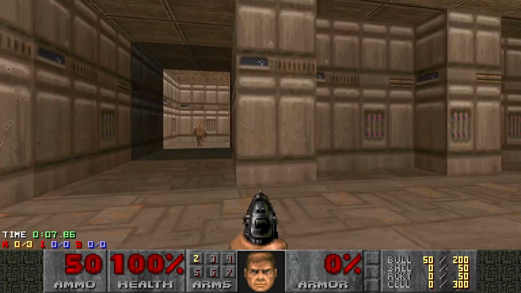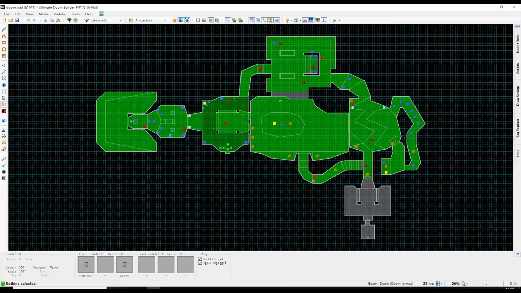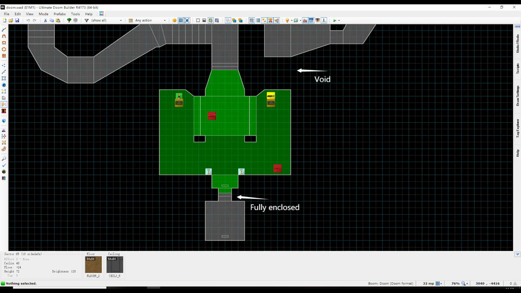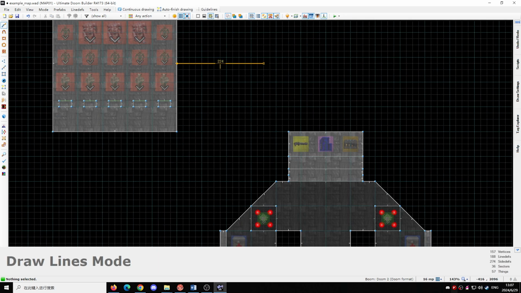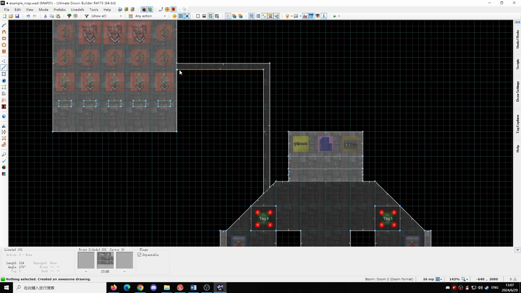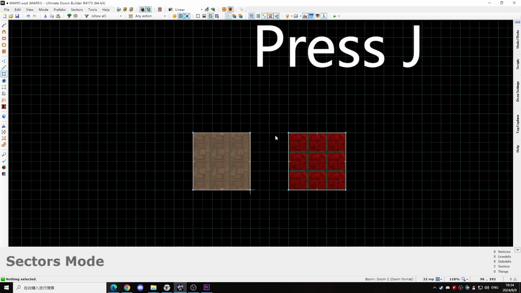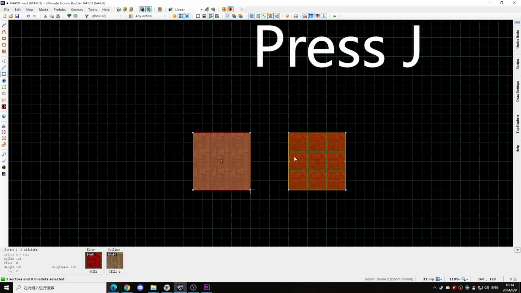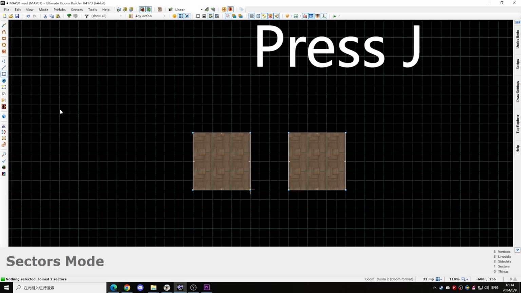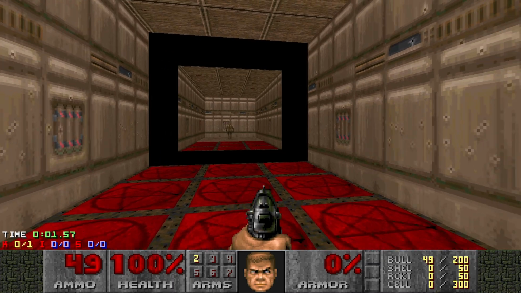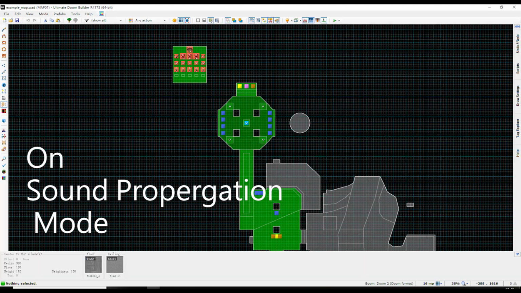Introducing join sectors. How sound works in Doom is that it travels through each sector and wakes up every monster in it, only blocked by either void or a fully enclosed sector. Of course, you can make a tunnel for the sound to traverse through, but honestly that's just too lame. Joining two sectors basically makes them identified by the game logic as the same one, with the same set of properties, and thus becomes some sort of teleporter for sound to come across, even when the two sections are not